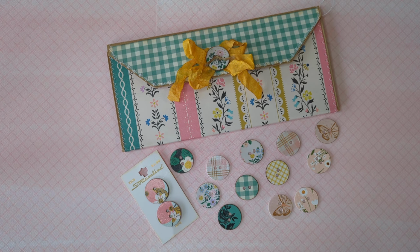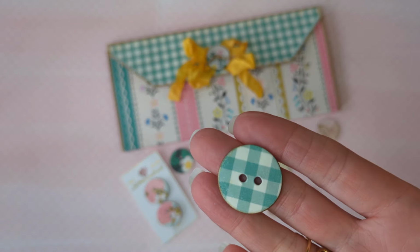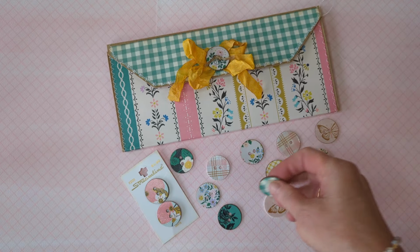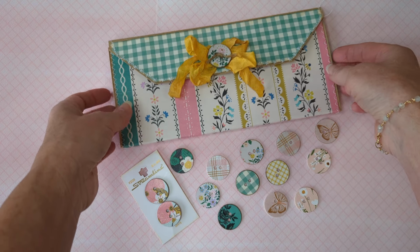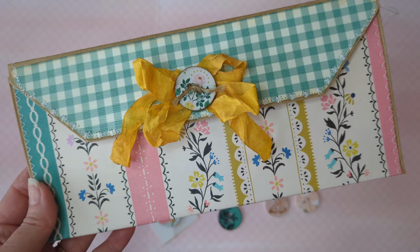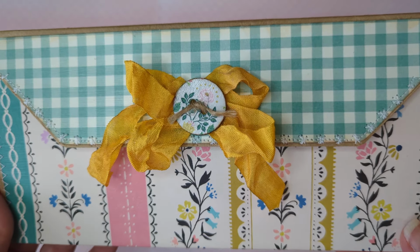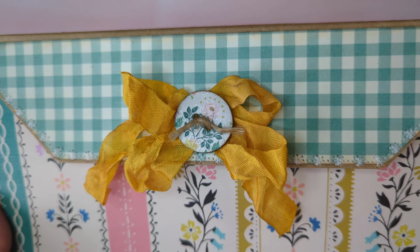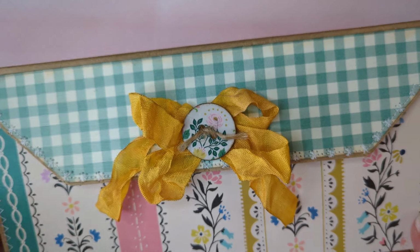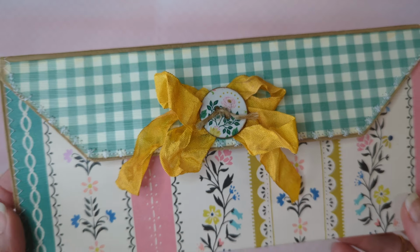I have just been playing around with some of my paper scraps and making these darling little buttons. So I thought maybe I should show you what I was making. Isn't that fun? I put one on my latest, my new little paper bag wallet that I've just made. You can see that there. Isn't that so sweet? So I thought I better show you how to make these cute little buttons,